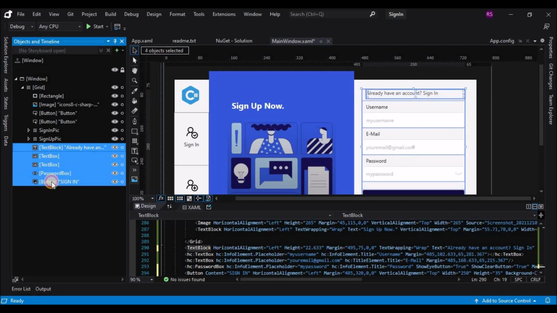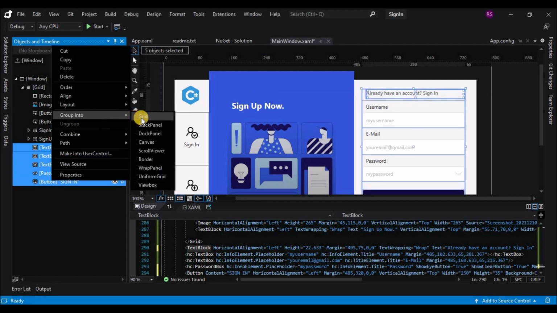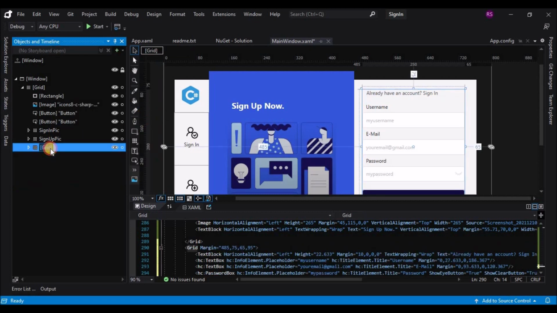Now let's select all the form controls that we added and group it into a grid. Give it a name as sign in, since it is for sign in.